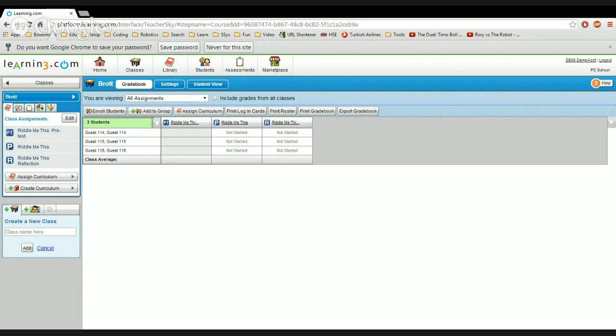And to make a group, I'm in my class, and underneath the assignments, you'll see the little multiple student icon. That's a group. So I'm going to click on this little icon. So I'm working in this inquiry class, and I'm going to call this,